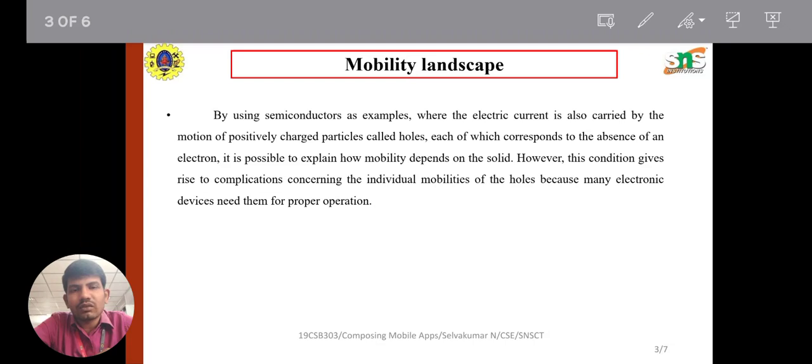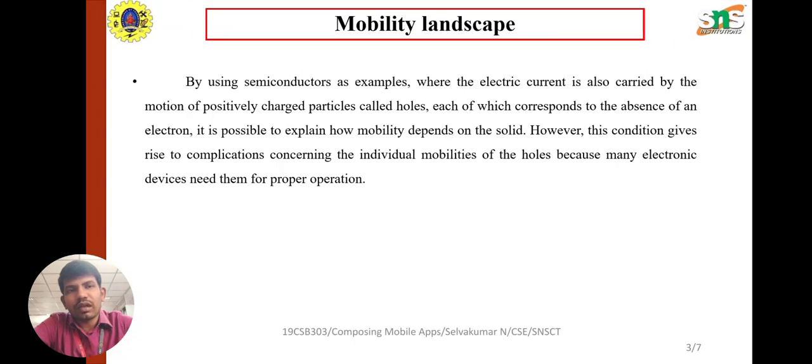However, this condition gives rise to complications concerning the individual mobilities of the holes, because many electronic devices need them for proper operation. As for the mobility landscape, it goes into business to business and business to consumer. So it can be developed more than a specific part of mobile development. In case of any issues in the mobility landscape,